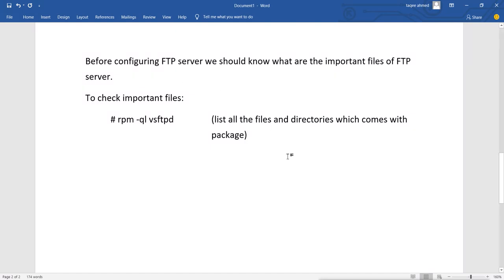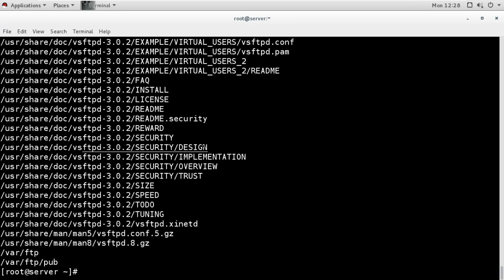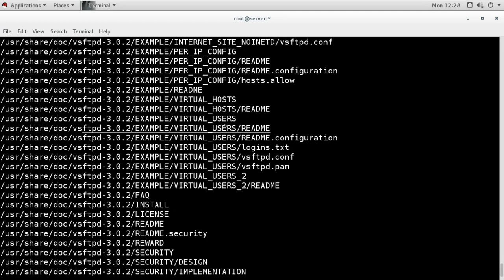Let's see what files and directories we have. So we have the command rpm -ql vsftpd, the package name, and these are all the files we have. Now in all these files, what is important here?